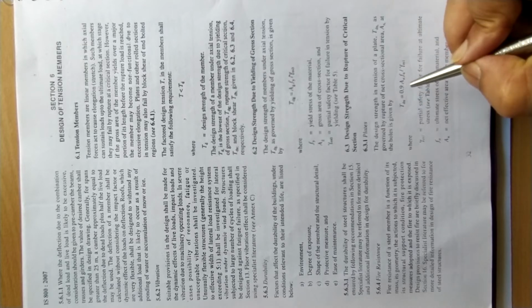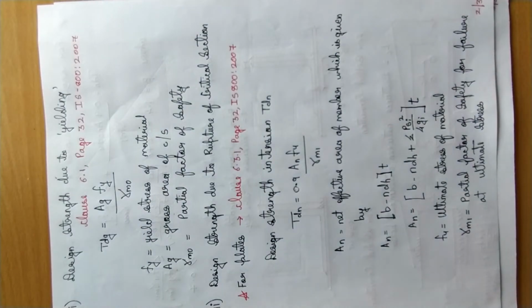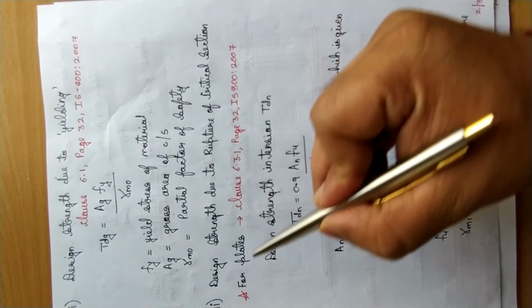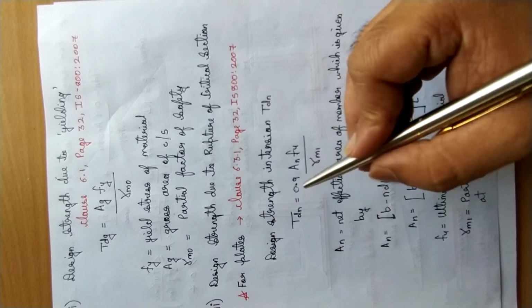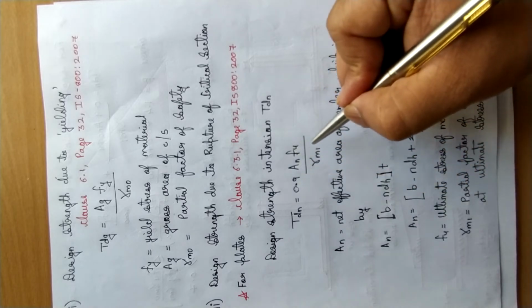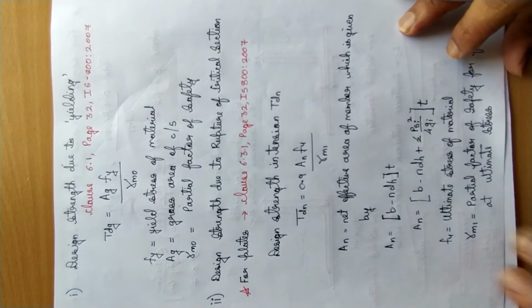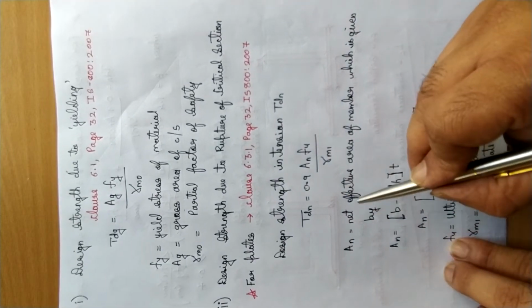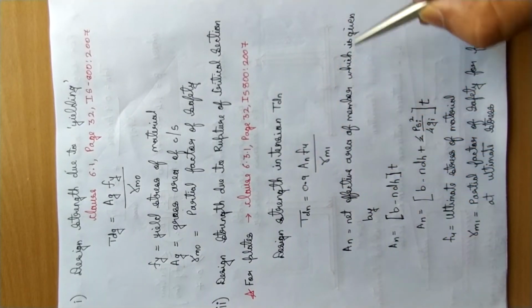That has to be taken into account. Fu is the ultimate strength of the material, and gamma m1. I have written it here. This is the formula for design strength for plates: Tdn equal to 0.9 An Fu divided by gamma m1. An is the net effective area of the member, which is given by